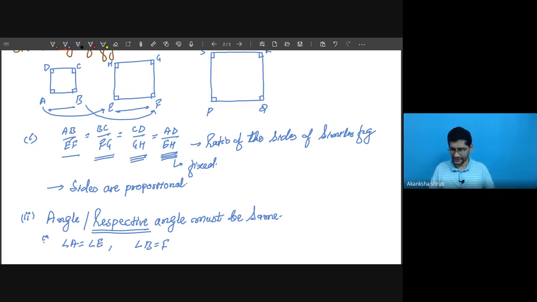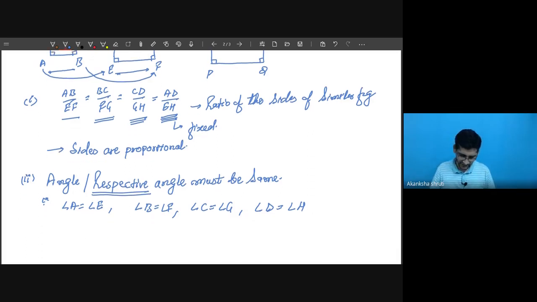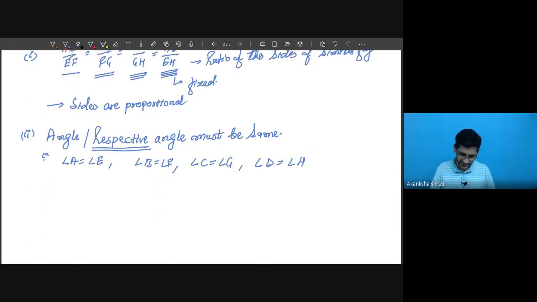So by drawing a triangle and other figures, we can understand it more clearly. Let me first write angle C will be equal to angle G, and angle D will be equal to angle H. So it is for these things. So this thing we have to keep in mind. For a square, it appeared that all the angles are equal, but it need not be a square if it is a figure like this one.